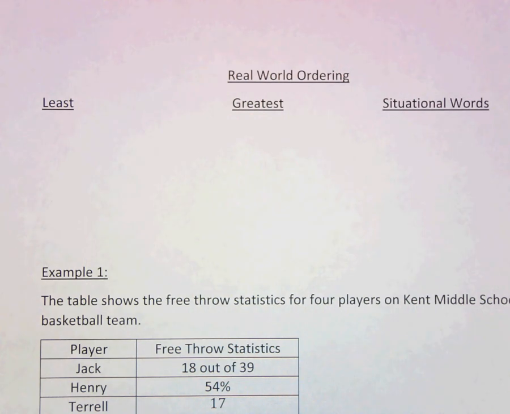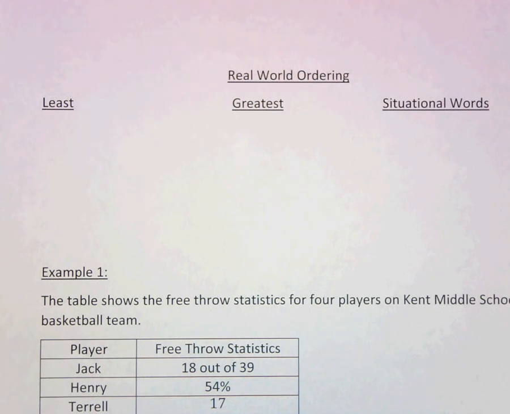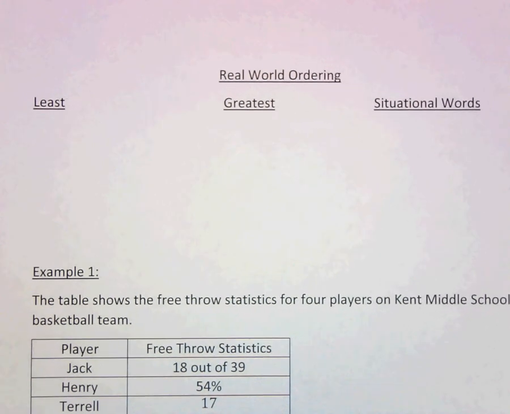Okay, in this lesson, we are continuing to do some ordering, but we're going to start throwing in more real-world words, and we're also going to look at tables, which isn't really different. It's just a different way to organize it. So remember, if you can't print out your note template, please make sure that you are writing this down in your notebook. So the first thing I want to talk about is some different words that mean less than, greater